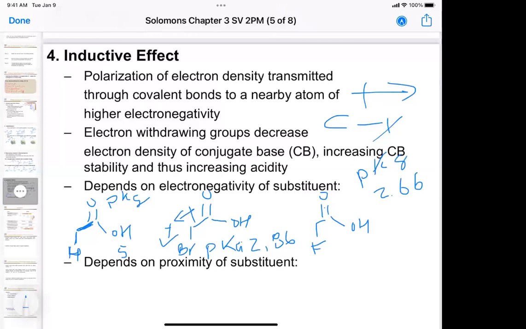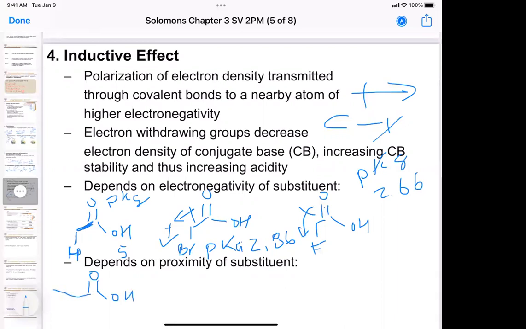Does that make sense? Now that you have these electronegative atoms pulling electron density away from the negative charge that's going to be formed, it's more stable. Therefore, it's more acidic. Okay. But how close do you have to be? Well, you have to be pretty close, actually, because let's just have, again,